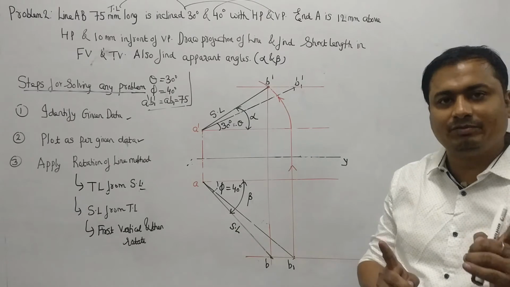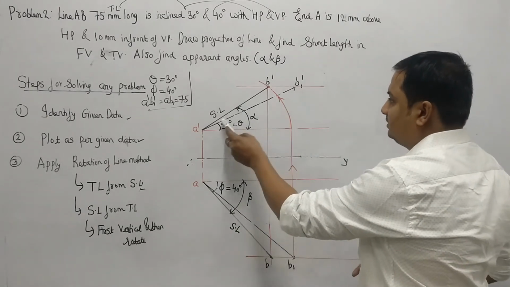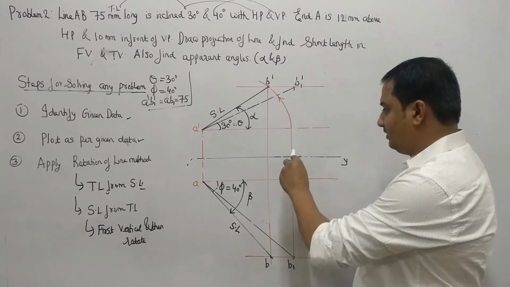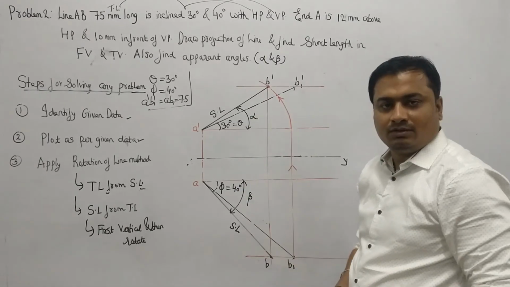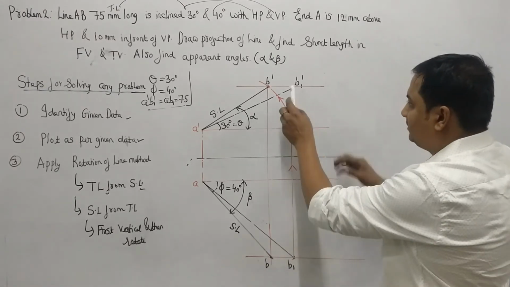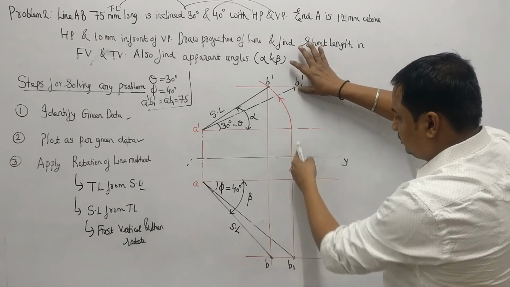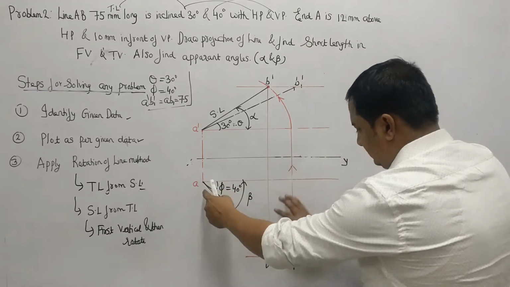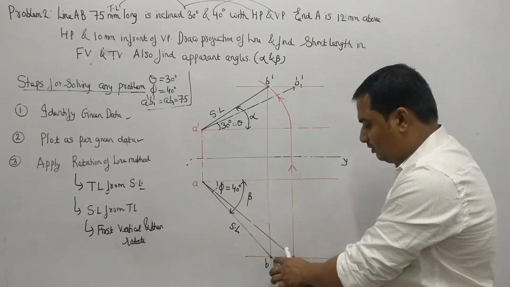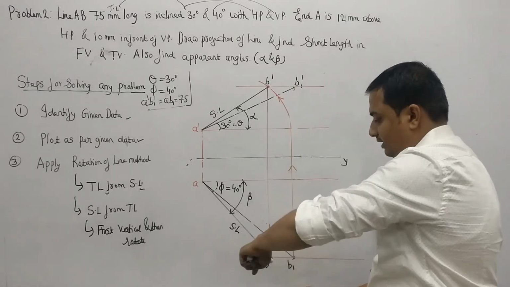So this is the step which is used to find out the short length from the true length. Again I am repeating, the true length was given to us. What is the step? Drop vertical first and then rotate it. We can drop vertical from here also. I could have dropped vertical from this B1 dash also up to here, and then rotated it. So I would obtain the same point B here.